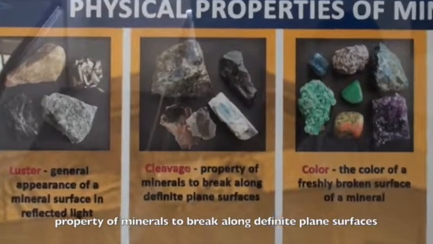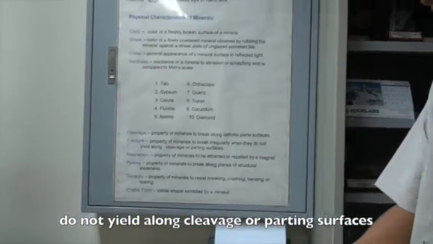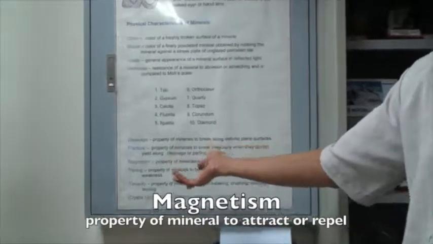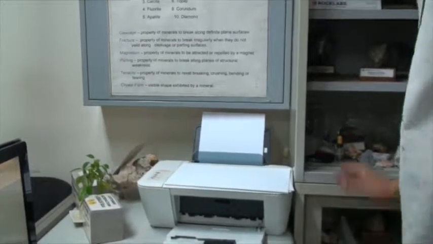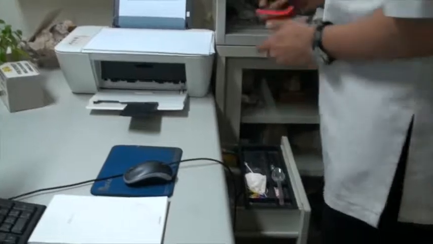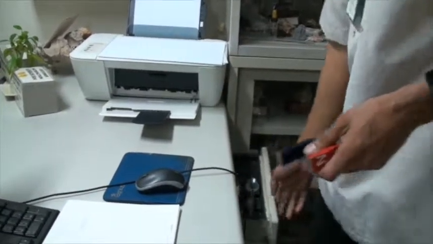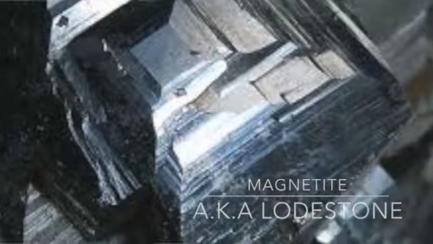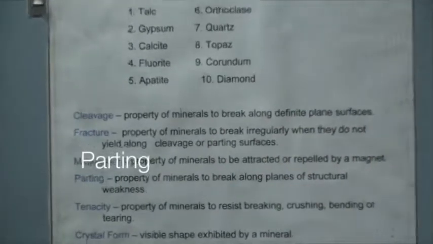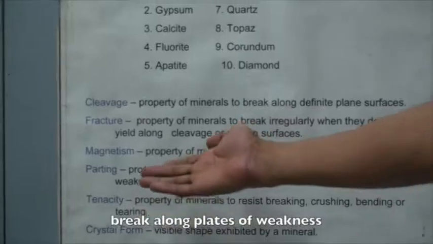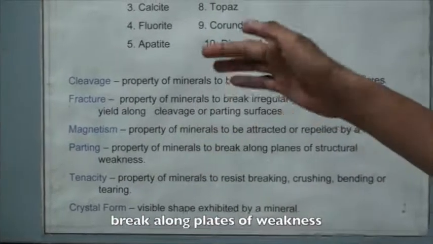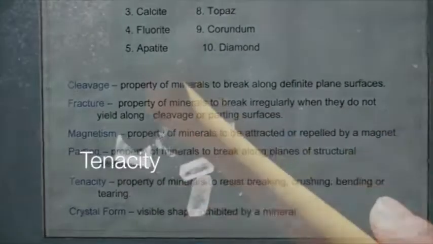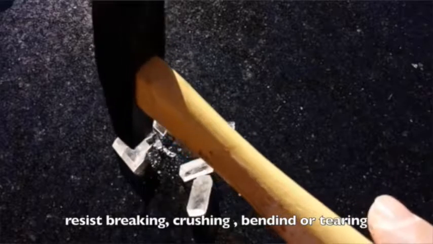Cleavage, for those minerals that show cleavage. Then fracture, when pag binibiyak namin yung bato. And then, of course, magnetism na self-explanatory. We use a magnet, syempre, for separating magnetic minerals. The most famous of which is magnetite, di ba? Parting, kung pwedeng mabiyak siya along planes of weakness, then tenacity, if we can bend it, if we can break it, if we can crush it,